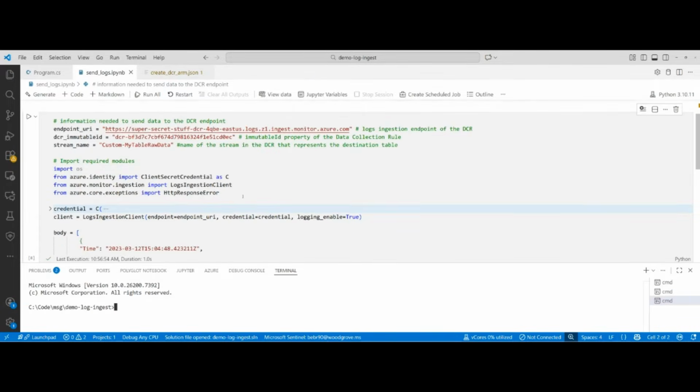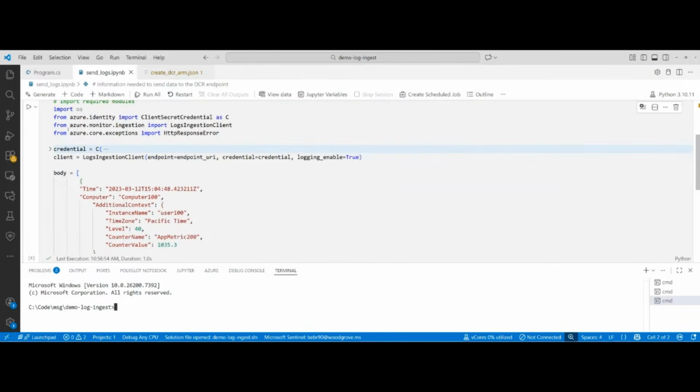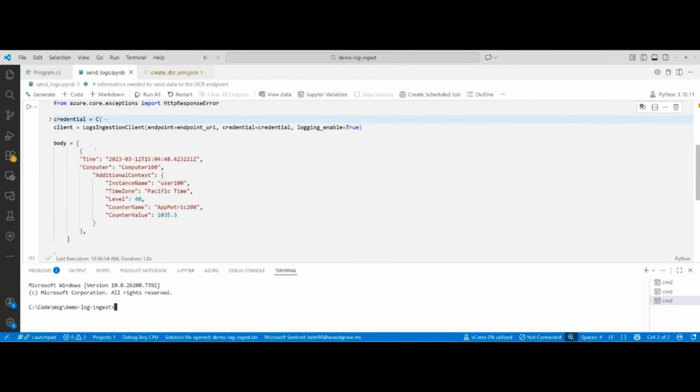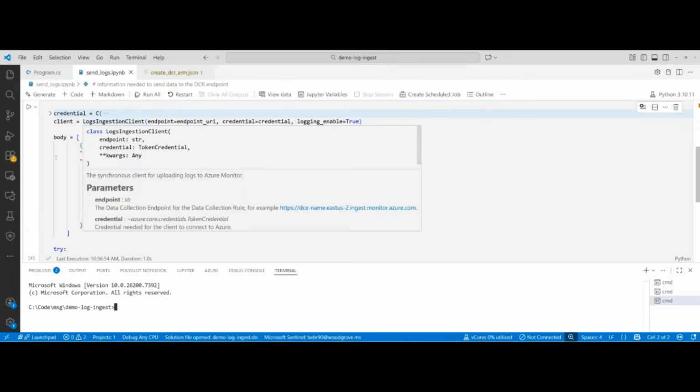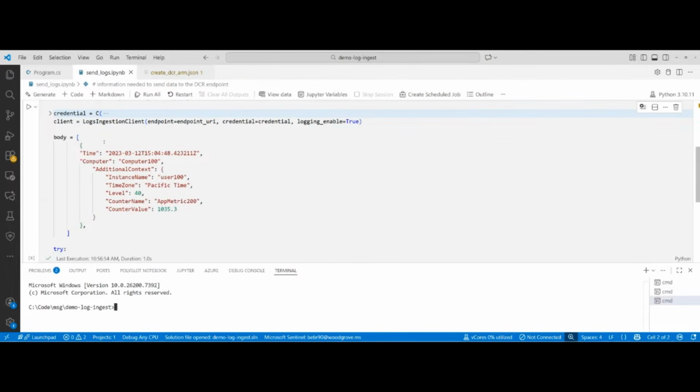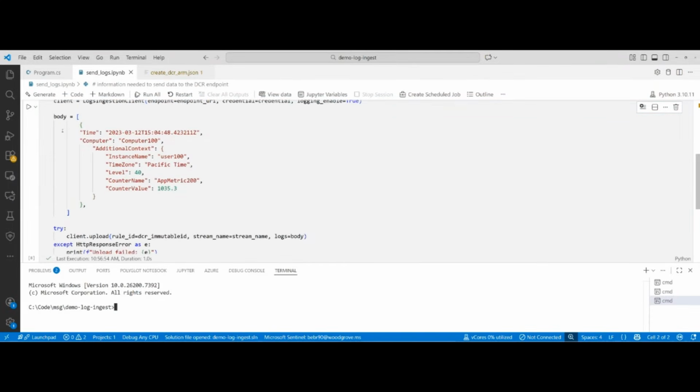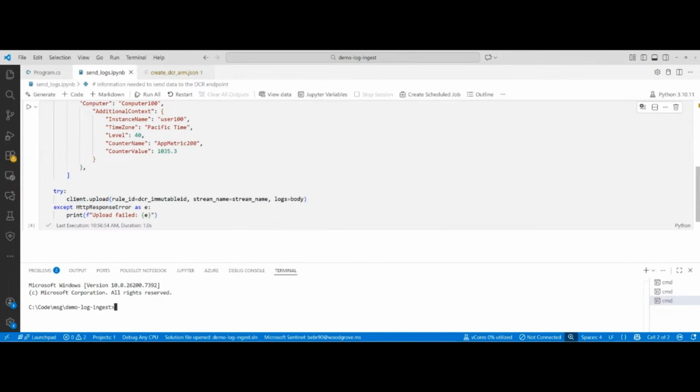So if we wanted to take a look at what Python would look like in that case, I'm much more of a C# person, so this actually makes me a little sad that this is much more terse than .NET. It's a pretty simple, straightforward kind of call. So I'm basically creating an instance of the log ingestion client that the log ingestion API provides for Python. Here's the body of the message that I want to send over to my workspace. And then essentially all I'm doing is calling upload on that client class instance, sending in the rule ID,